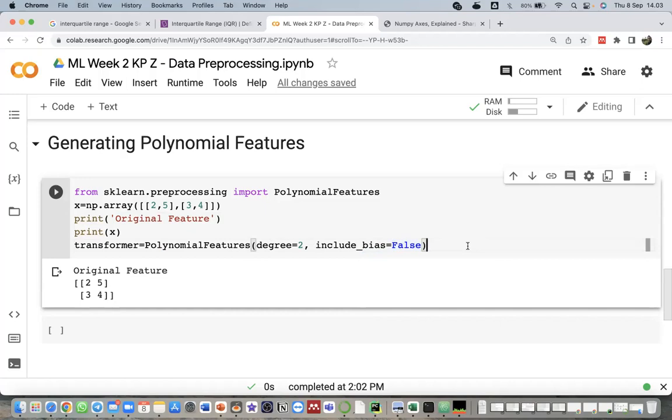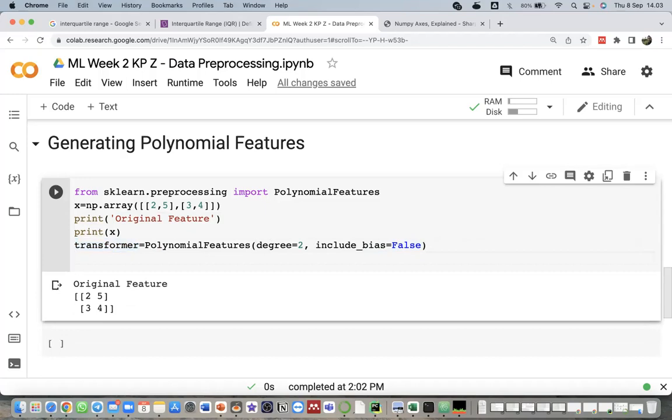After that, we create the transformer that contains the polynomial features function. The next one is we create an xp variable. Xp is the generated polynomial features from x, so xp equal transformer.fit_transform, and we put the x values here.